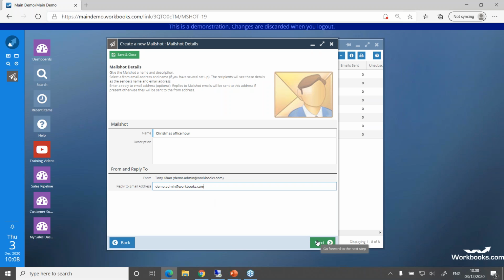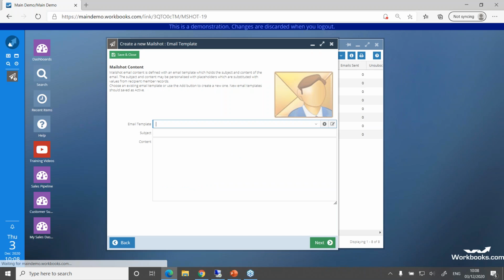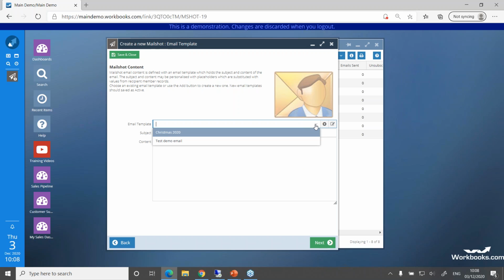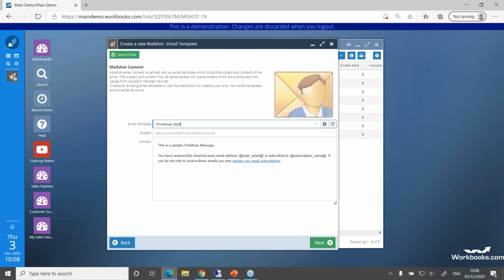And if I then choose next, the email template, again, I'm assuming that you've already created this. So I've done one in the background for this session, just a Christmas message. It's a really simple message you can see here, but it's really the process of sending the mail shot that we're concentrating on today. And if I then choose next again,